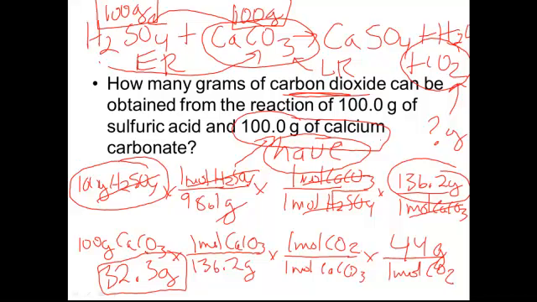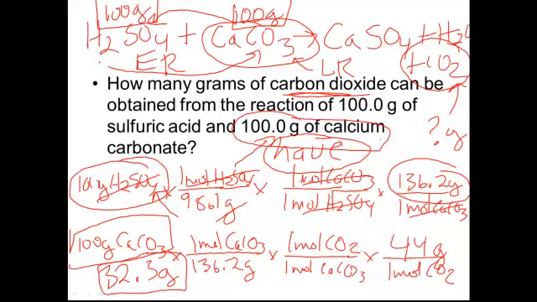Okay, and that's how much carbon dioxide you would get. And once you use those 100 grams of calcium carbonate, the reaction is now over. It's done because there's no calcium carbonate left, so there's nothing for this sulfuric acid to react with. Okay, if you thought that sulfuric acid was going to be the limiting reactant, what you